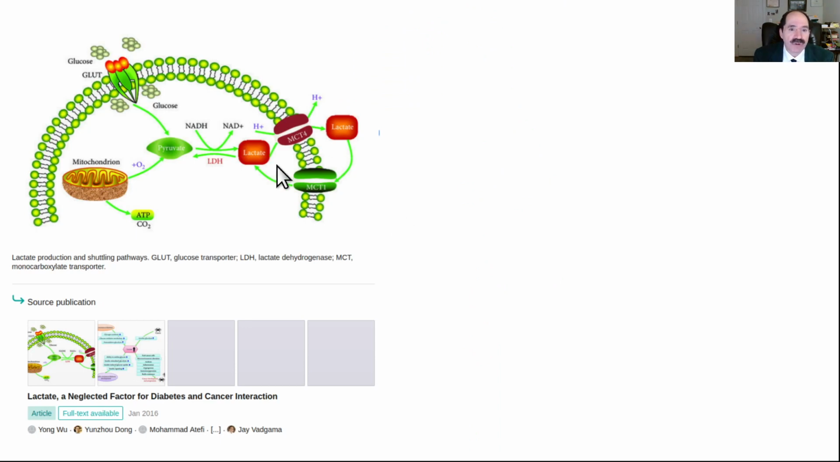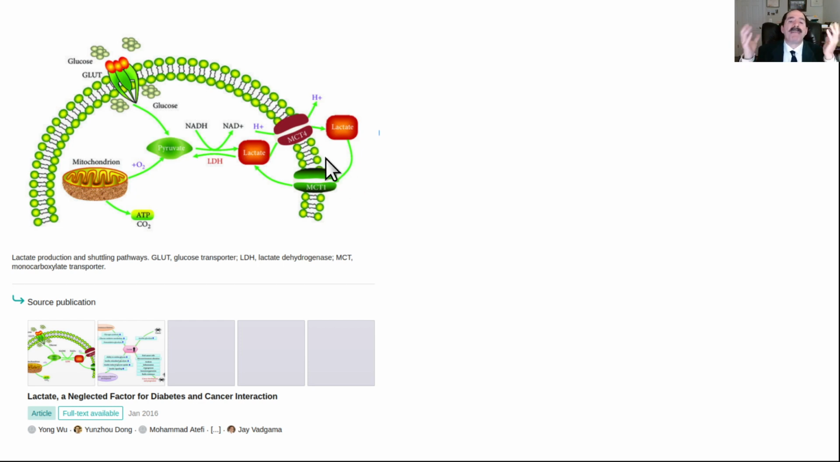Okay, here's a picture of the MCT. That's a monocarboxylate transporter. It just transports lactic acid out of the cell, and that's coupled. It comes from this paper right here, "Lactate, a Neglected Factor in Diabetes and Cancer." It also pumps out protons simultaneously, so it's a proton-coupled